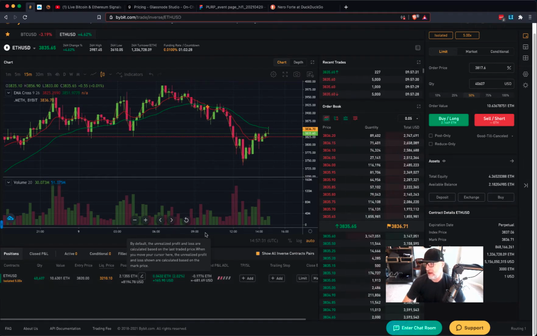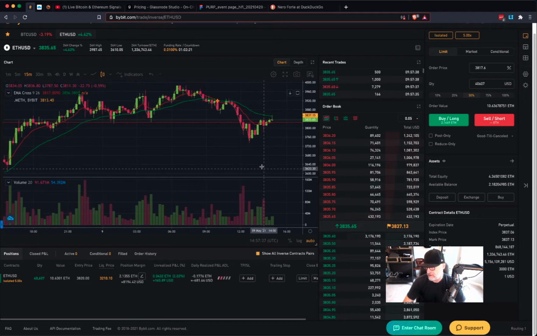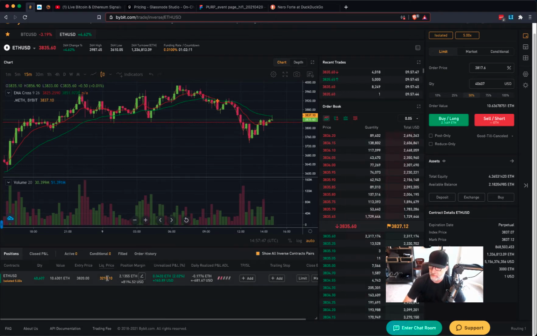But anyway, the point I wanted to get at is if this started to drop and I was wanting to stay in the trade longer, and let's say we start reaching, this does happen and has happened to me on higher leverage. The liquidation price is what you need to really be comfortable with. And you need to get out of the trade before it even gets close to that. But if you need to lower your margin and your strategy for your trade is to stay in a lot longer, and you want to make sure that you don't reach this 32.10 in this example, you can actually change your leverage during the trade as long as you have more